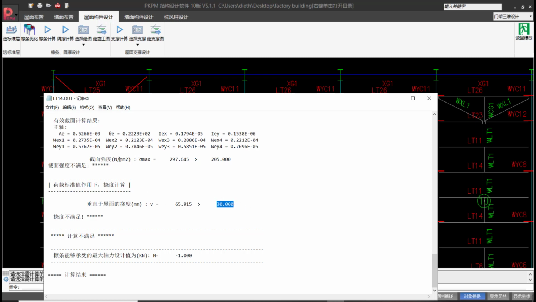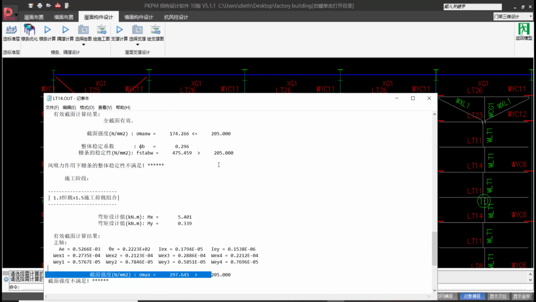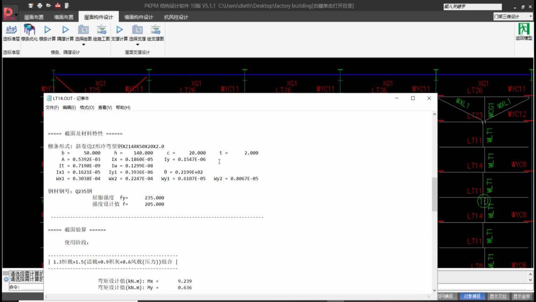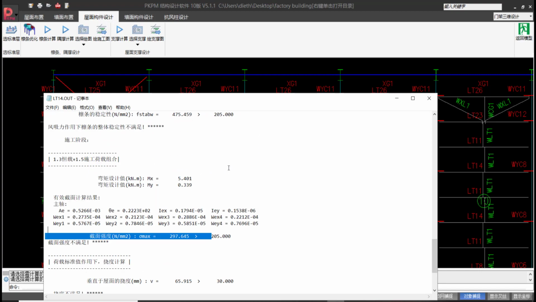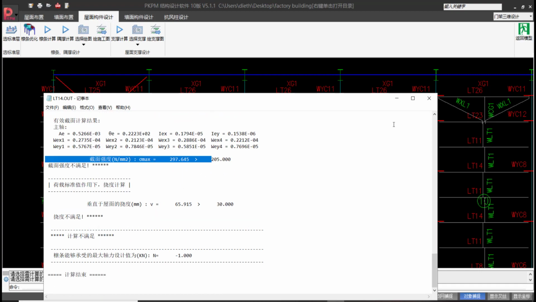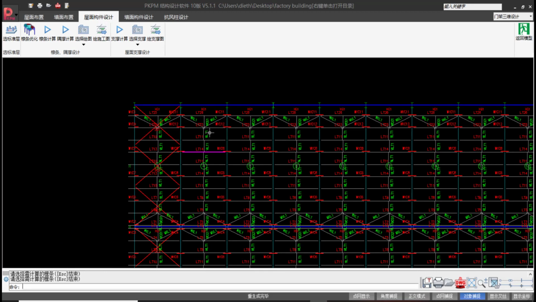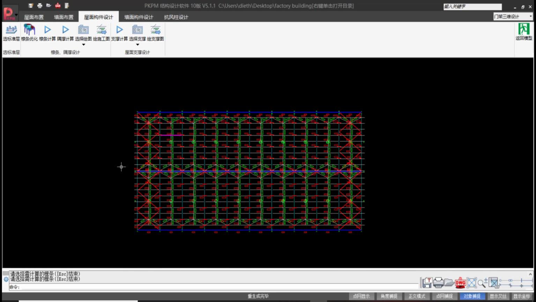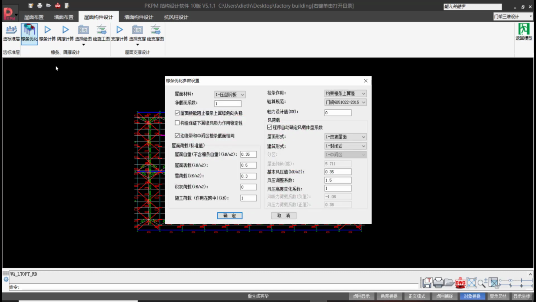Besides that, we're also having here the strength of the cross section, where the stress on it is 297, yet the acceptable one is supposed to be 205. So we see that our choice wasn't a good one. Therefore we've got to adjust our cross section now to make it meet the conditions. Now, as we did in the frame design with the Lin Tiao, the software can actually help you out in choosing the best cross section. So you come and use this button here that's called Lin Tiao Yo Hua. So when you click on it,